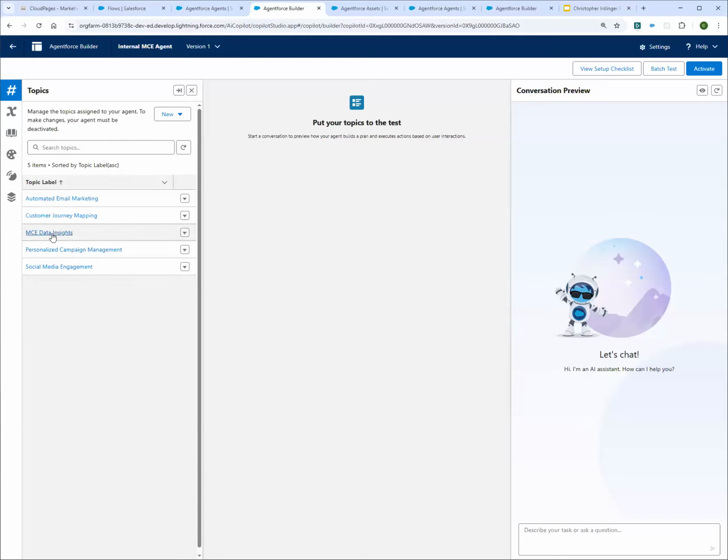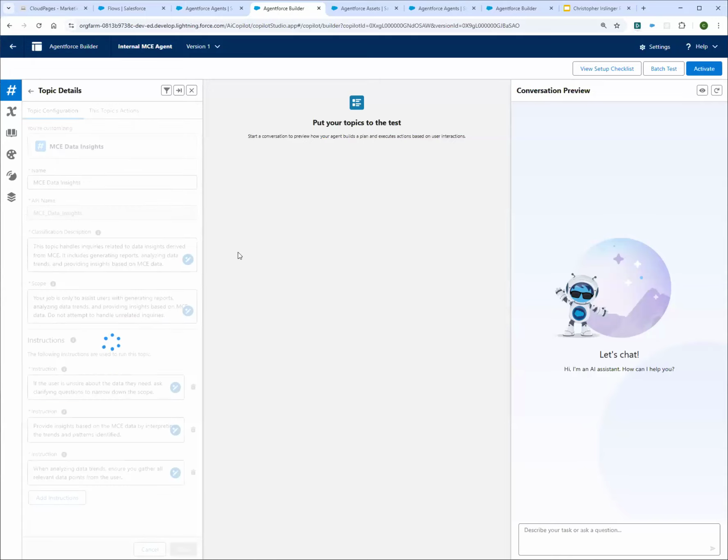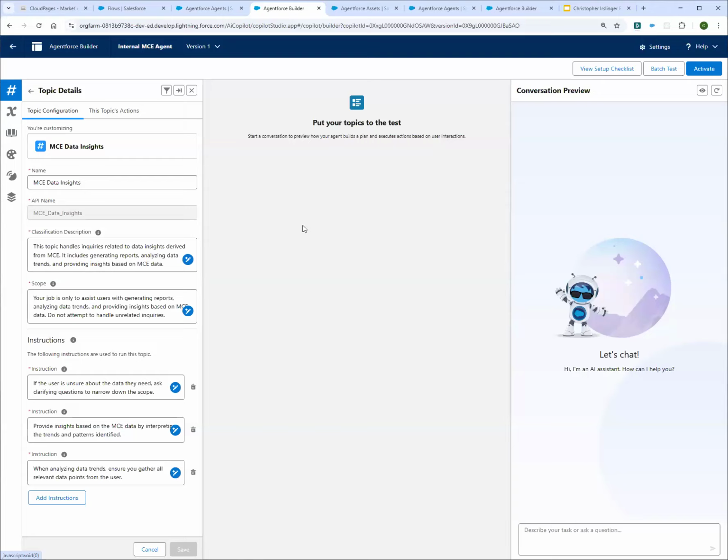So if I look at the topic MCE data insights, I have some description, some scope, and instructions that I've previously set up for it. And we have two actions that are set up, get records with prompt and search data extensions by partial name. So when you talk to an agent, the flow is: it says, okay, this is what the user asks.